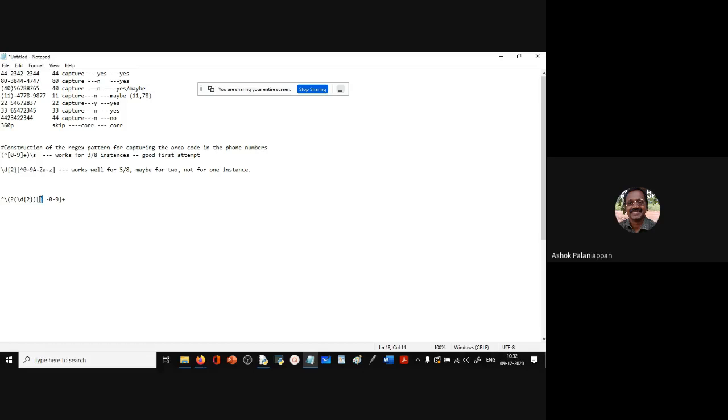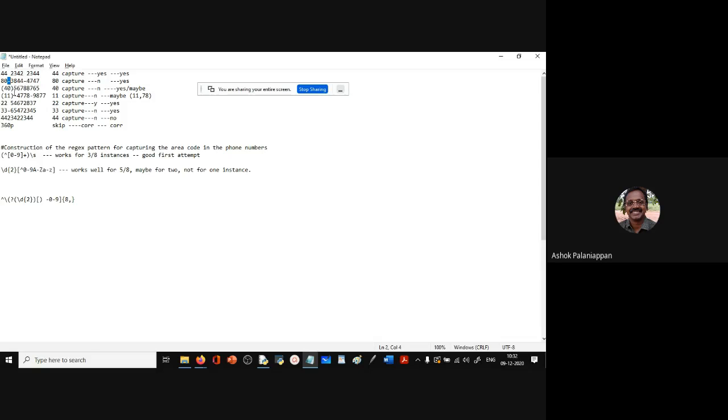These are the set of allowed characters, and then the space, and then the hyphen, and then 0 to 9. So after I get the first area code, these are all the possible characters, at least once, definitely. Let's say there are 8 digits here, so you must have at least 8 times, isn't it? So we can say 8, comma, because we can have any number of spaces and hyphens between them. All these will add to the number of digits.